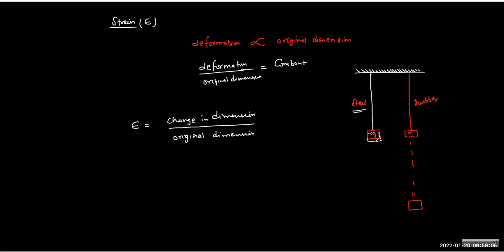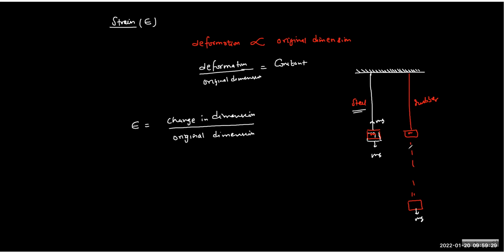But the load on both of them is the same, na? mg. So you can see the applied force is the same, but to balance the applied force, the steel wire will deform a bit,